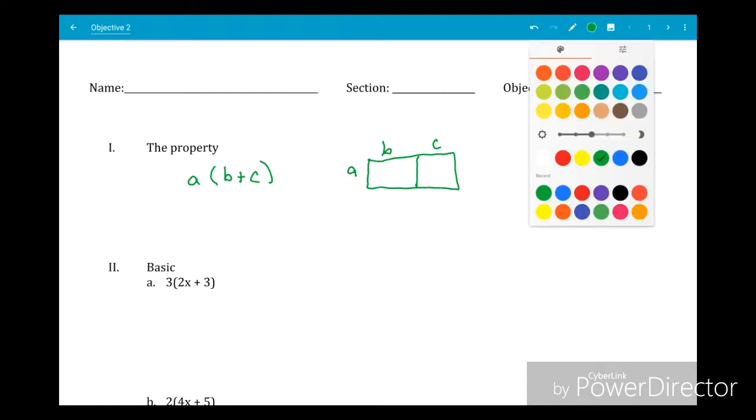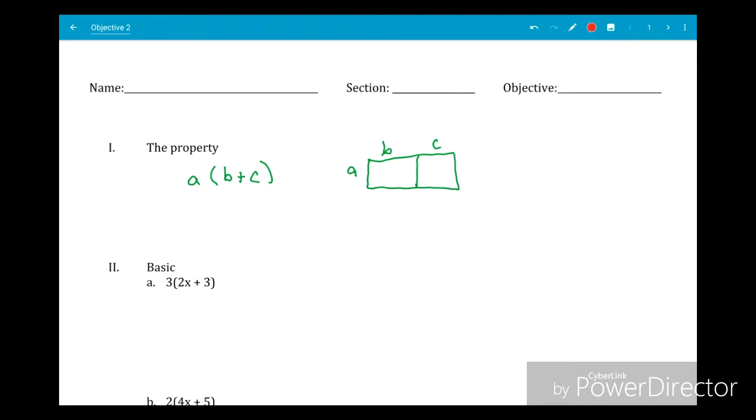One is to add B and C together first to figure out the length of the whole rectangle, right? And then multiply by A, right? That's really what this says over here. This says add B and C first, and then after that, multiply by A. What the distributive property does, though, is it takes advantage of the fact that there's another way to figure out